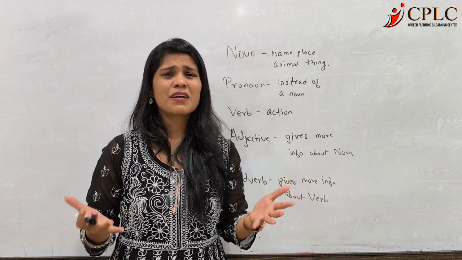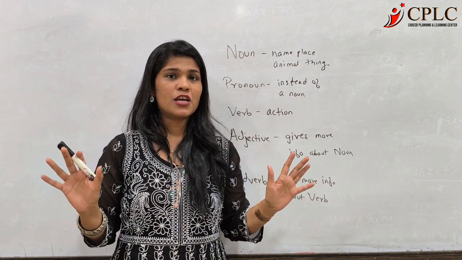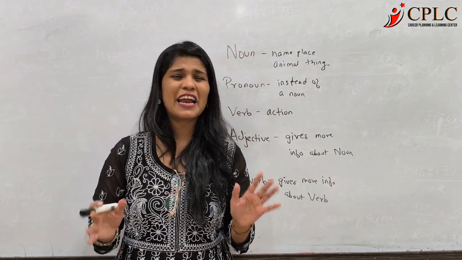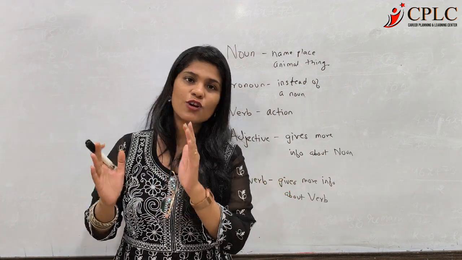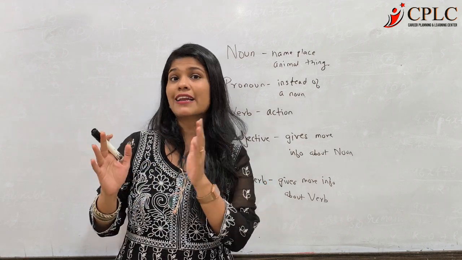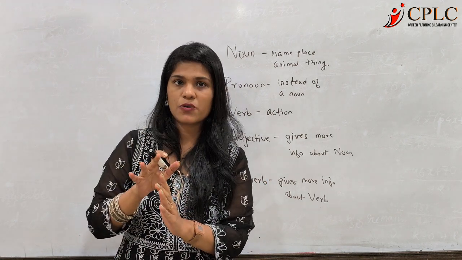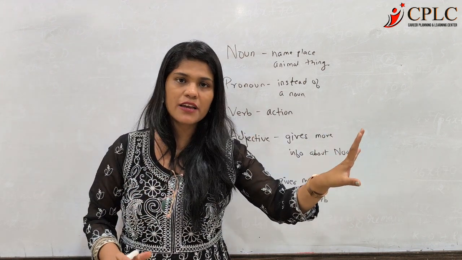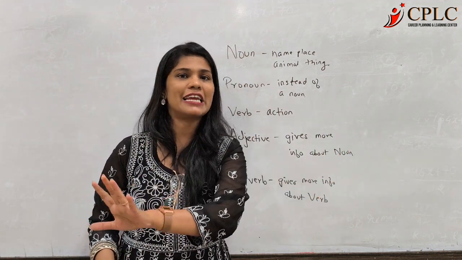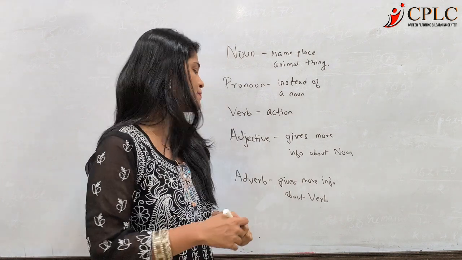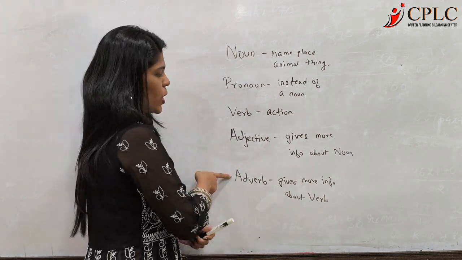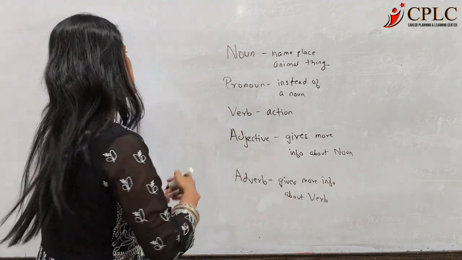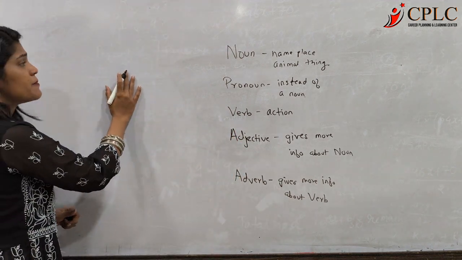Example, I am kind of bored today. So kind of is giving more information about how bored I am. Okay, kind of bored today. So kind of is also an adverb here, but please note that kind of does not end with ly. Mostly words ending with ly are adverbs, but not all adverbs end with ly. I hope that is clear. Okay, so an adverb gives more information about a verb, but wait a minute. I'll give you an example here.